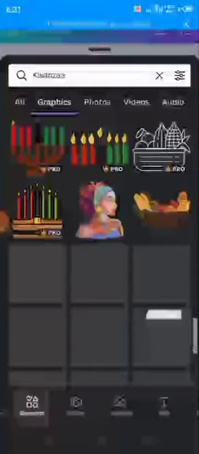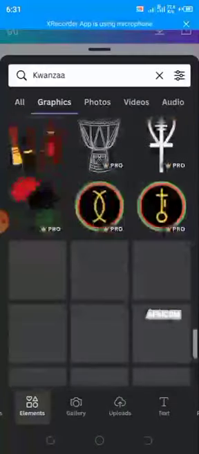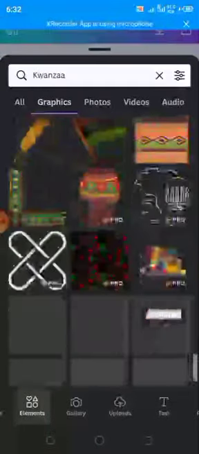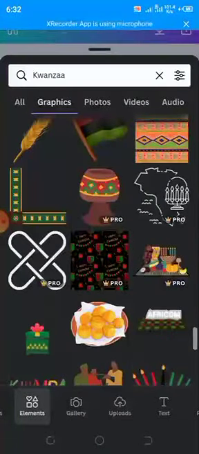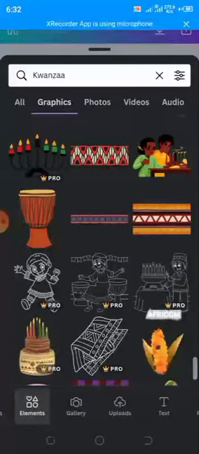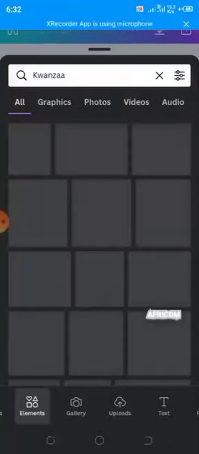Okay, look at where I found them. A whole lot of African setting. Kwanzaa. So you can do well to search out your own character from this Kwanzaa while I go to select from recently used